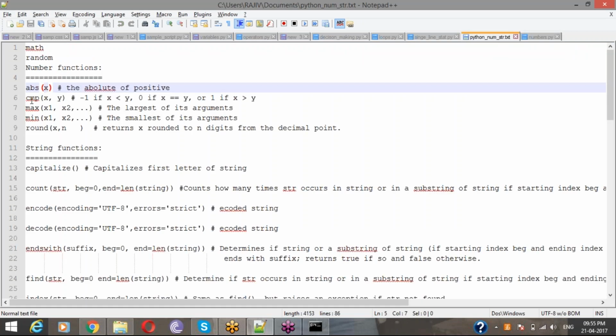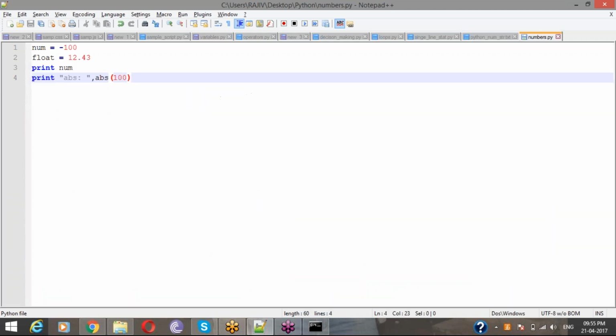Okay, next compare. Compare x comma y. Normally if you want to compare two numbers, how will you go? If x less than y, or if x equal to y, or if x greater than y. With all these three combinations you can compare. Similarly, you can give cmp of x comma y. So what will this return? If x is less than y, this will return -1. If x equal to y, this will return 0. If x is greater than y, this will return 1. Okay, now